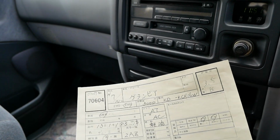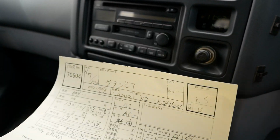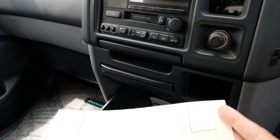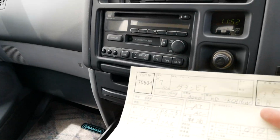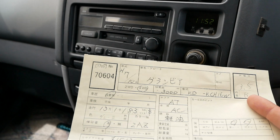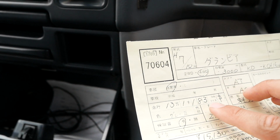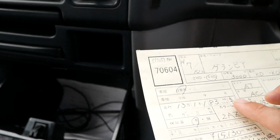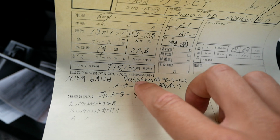And here is the auction sheet. This one was an auction grade 3.5B, so higher auction grade, slightly above average condition. B is a great grade for the interior, means it's very clean in here, which it is. So you can see here in the mileage, 131,000 kilometers, and labeled with a discrepancy there. You can see it's marked